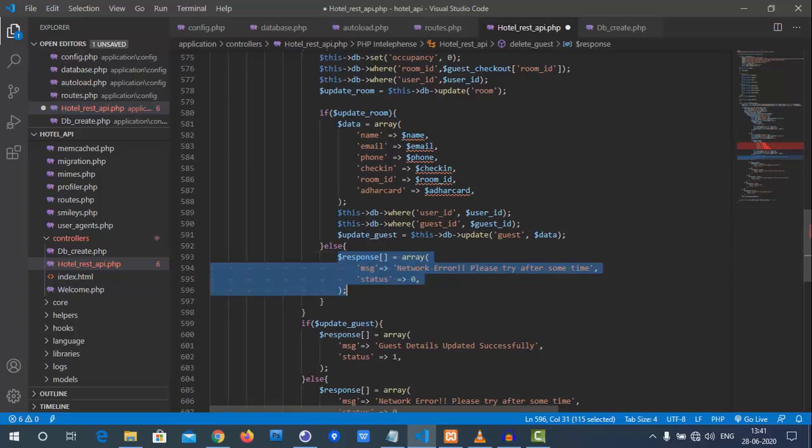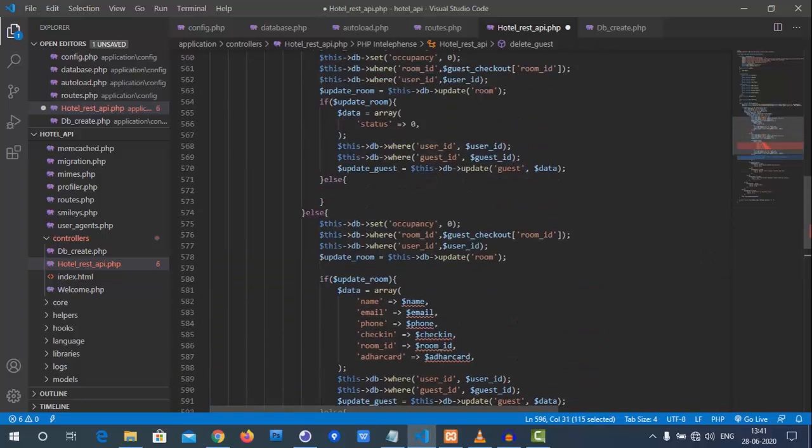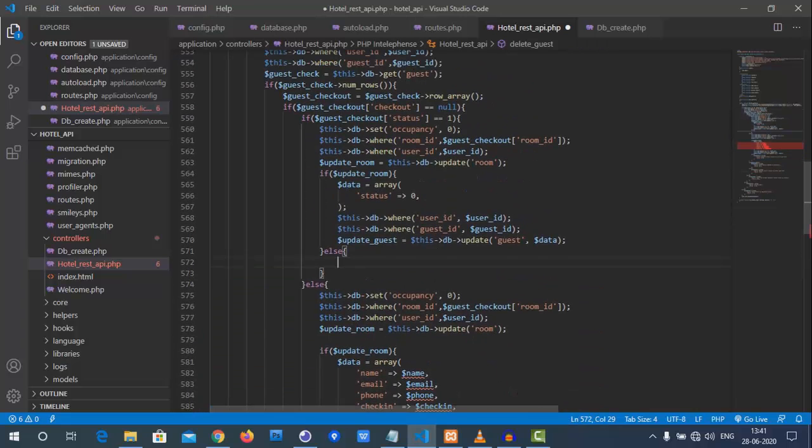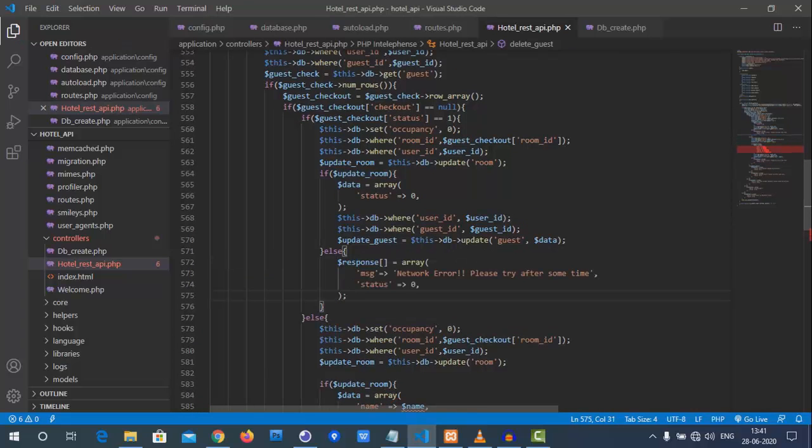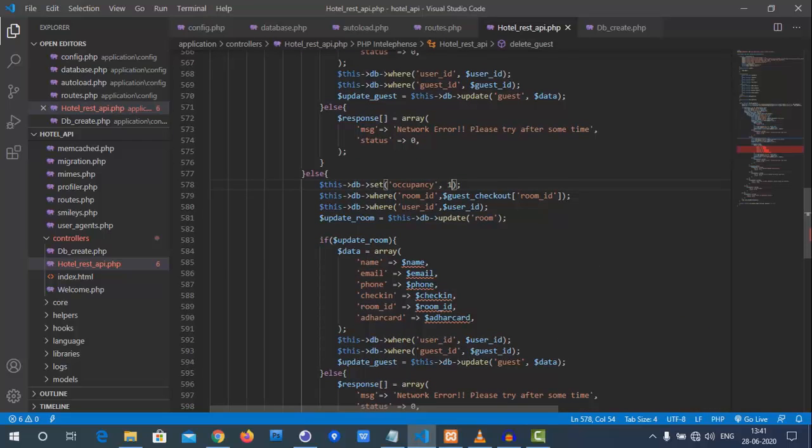If it is 1, I'm making it 0, which means the occupancy is finished. Then I need this if condition here. If it happens, fine, else there will be a network issue, meaning the room occupancy has not been updated properly.